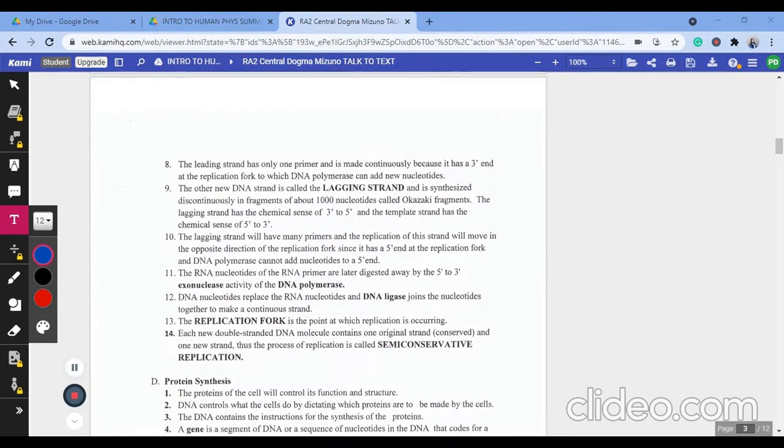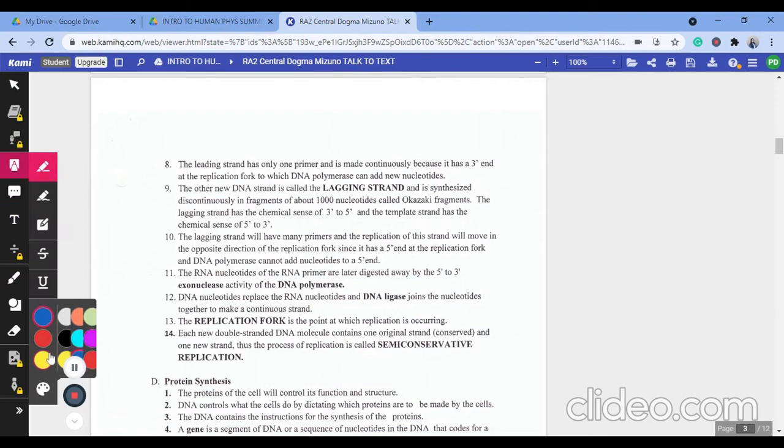So number 8, the leading strand has only one primer and is made continuously because it has a 3' end at the replication fork to which DNA polymerase can add new nucleotides. So the other new DNA strand is called the lagging strand and is synthesized discontinuously in fragments of